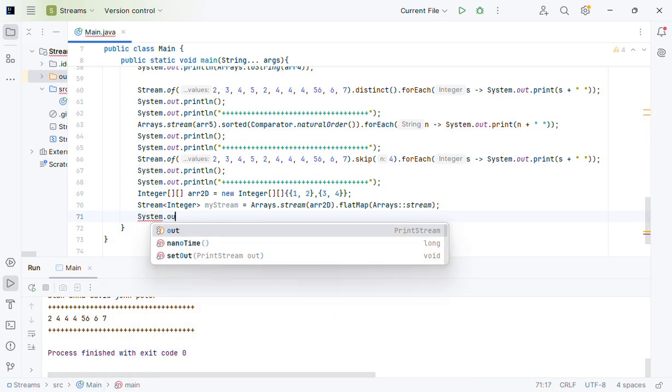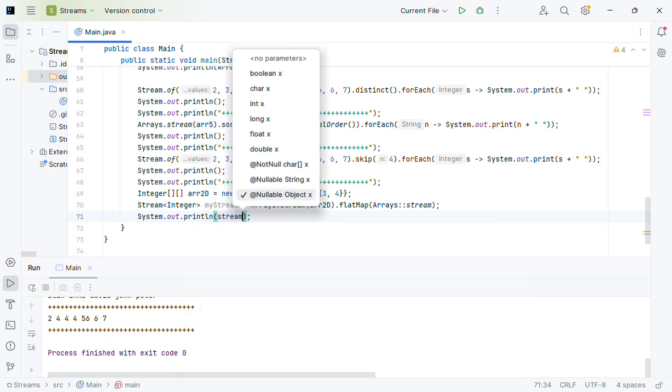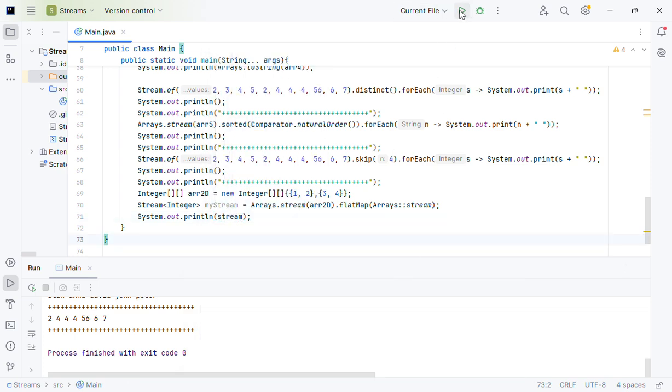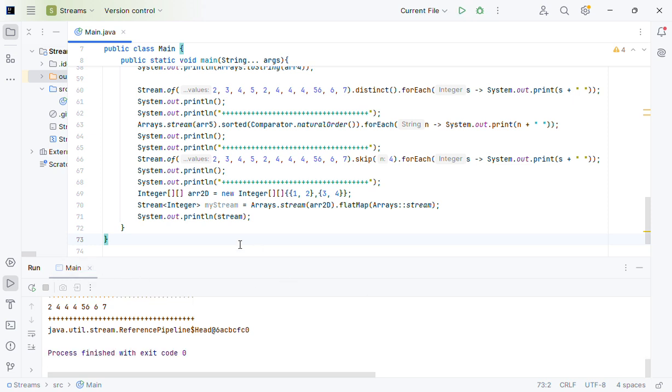System out println, and here you have stream. You will see probably not a very good thing. Yeah, you see you have that one. So it's better if you put for each, and here